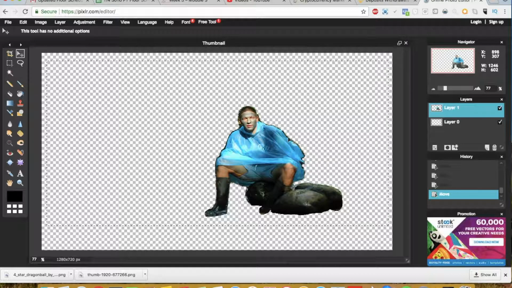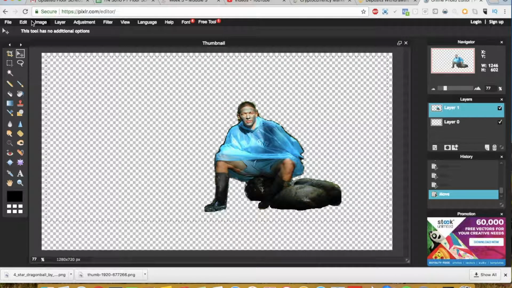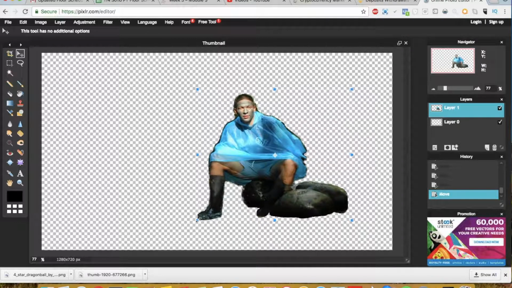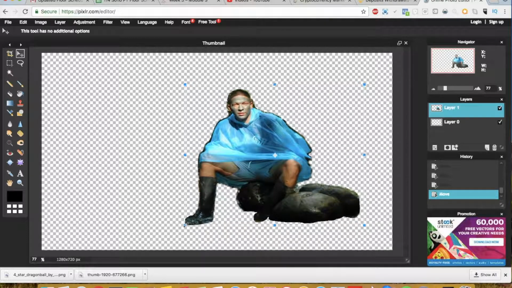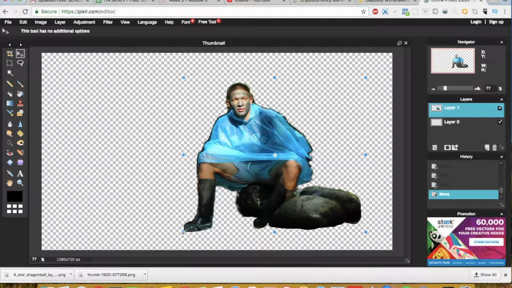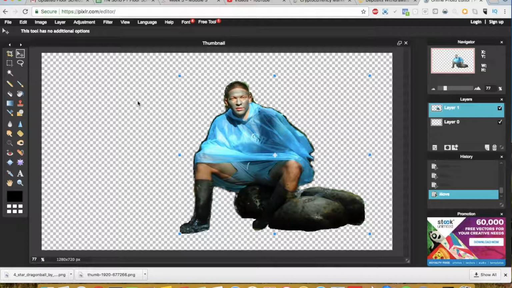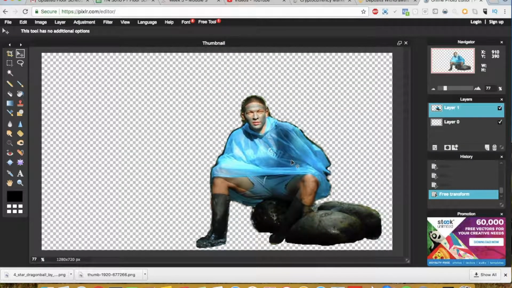But as you can see, I have some spaces on that, and the image is a little bit smaller than I want it to be. So what you want to do is go to free transform again, and then increase the image size a little bit more so it looks really clean like that. Once you have that, you can pick